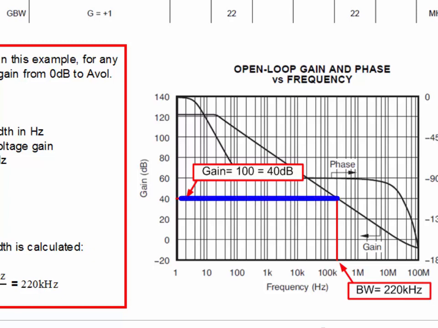If we draw a horizontal line at the closed loop gain of 100 volts per volt, or 40 dB, until it intersects AOL, we find the corresponding bandwidth is approximately 200 kHz. Notice that solved graphically, you may incorrectly interpret the bandwidth to be 200 kHz, though by calculation we found it to be 220 kHz. It should be noted that the calculation approach to solving for bandwidth is only valid if the AOL curve decreases at a constant rate of 20 dB per decade.